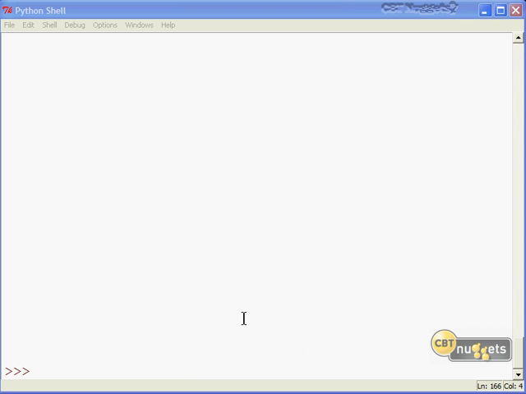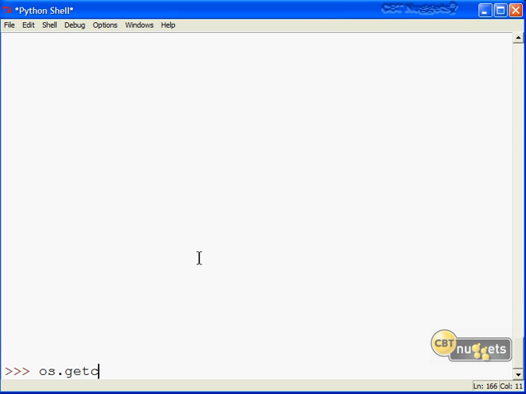Let's work with accessing directories in the parent file system. I'm first going to run a call to os.getcwd, no parameters necessary here, to give us our current working directory, which, no surprise, is c:\python31.